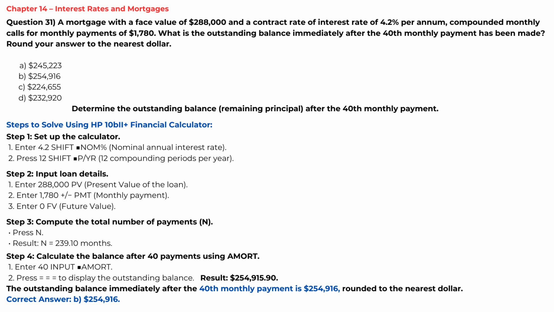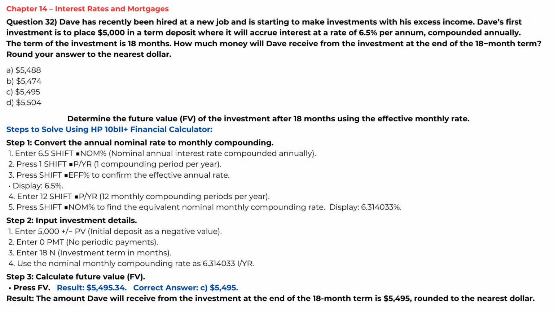Step 4. Calculate the balance after 40 payments using Amort. Enter 40, input, Shift Amort. Press equals sign 3 times to display the outstanding balance. Result: $254,950.90. The outstanding balance immediately after the 40th monthly payment is $254,960, rounded to the nearest dollar. Correct answer B, $254,960. Question 32. Dave has recently been hired at a new job and is starting to make investments with his